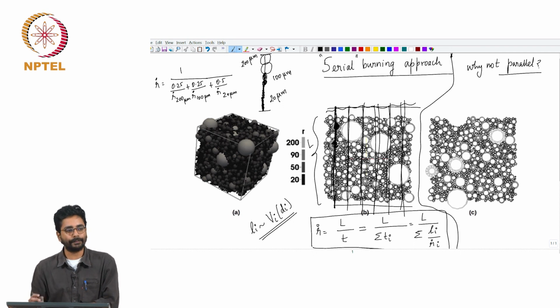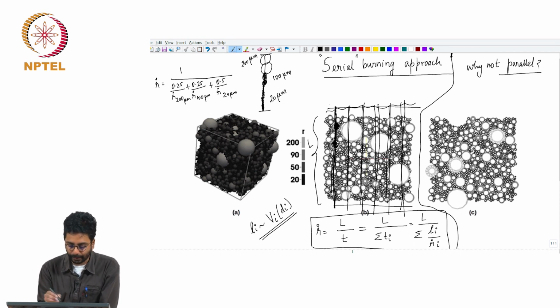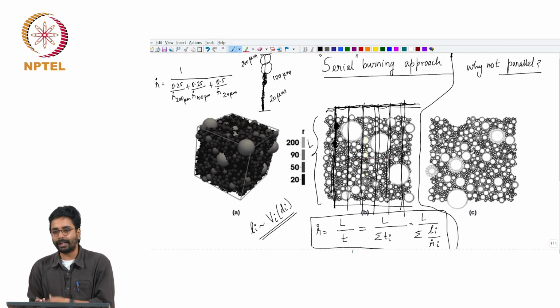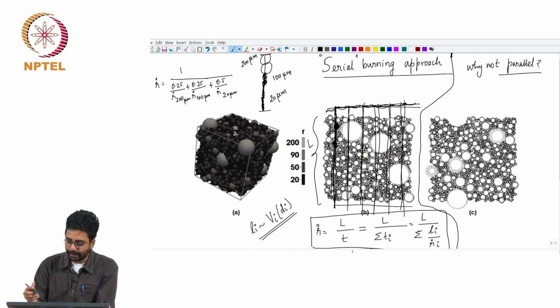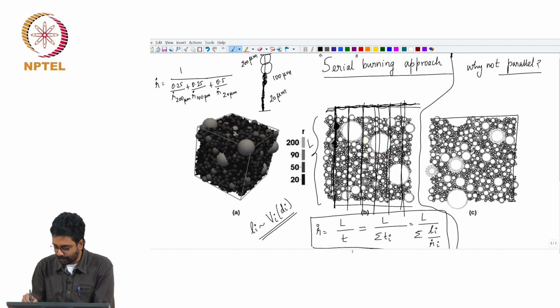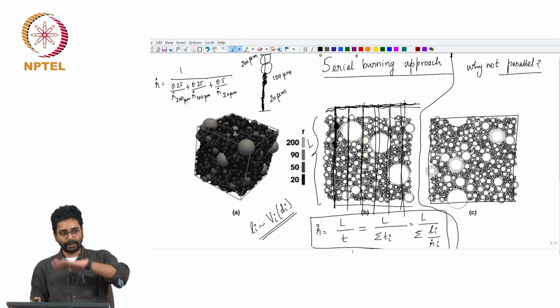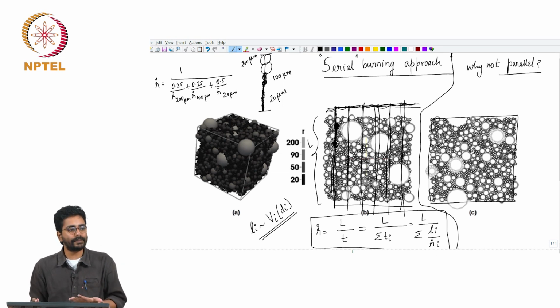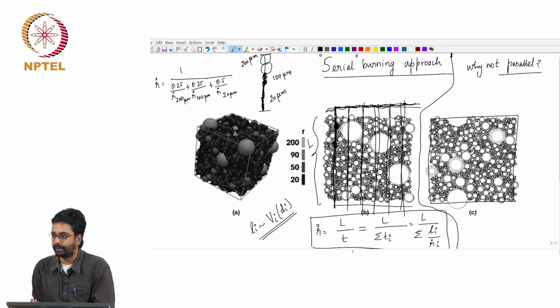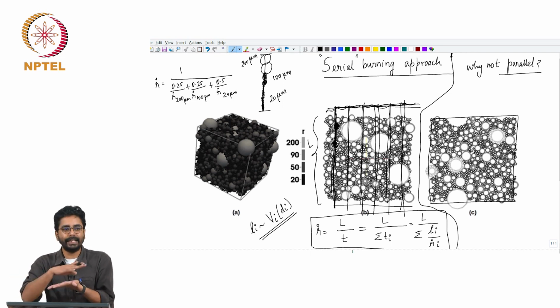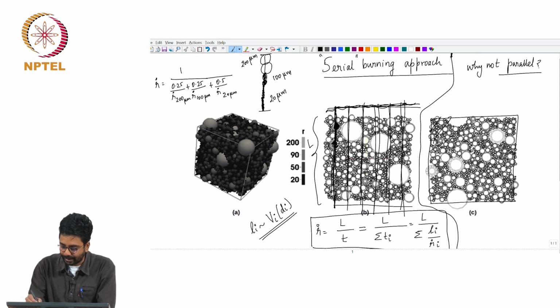In this, instead of, we imagined in the serial burning approach case that the question was that if we ignited the propellant at the top, how long would it take for this length to burn off? Equivalently, in the parallel burning approach, the question is if we ignited the propellant here on the top, okay, what would be the mass flux of the gases that come out from that section? Okay. So, here particles are burning in parallel, here particles are burning one after the other, and therefore it is called serial. Here we are igniting the top of the propellant, which I have hatched here.